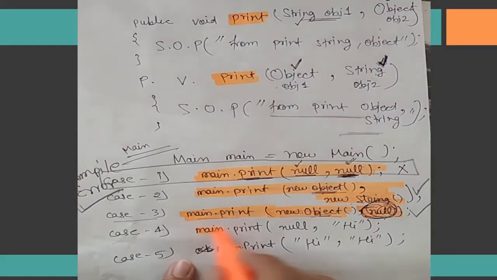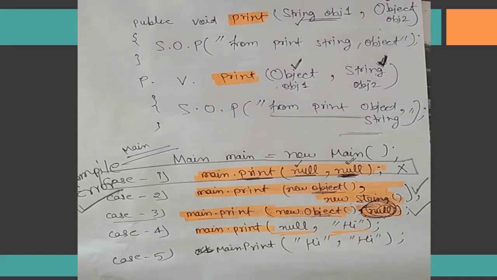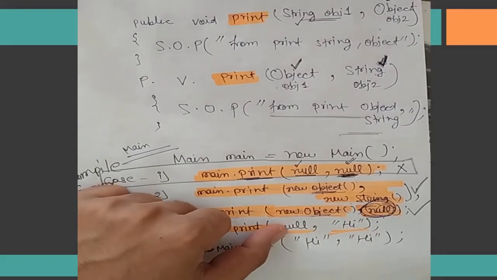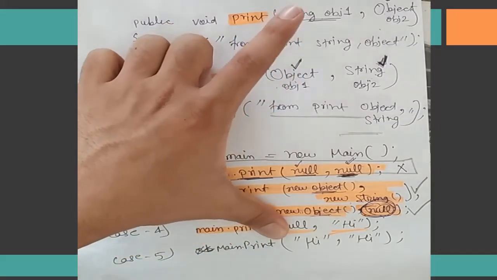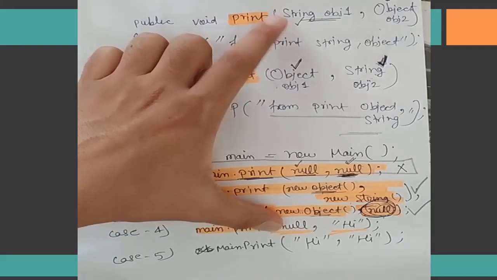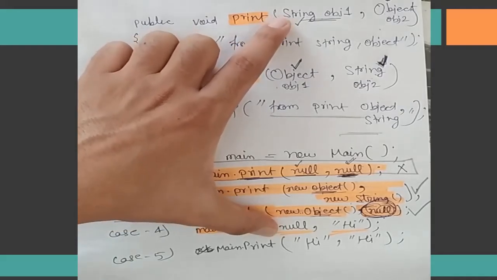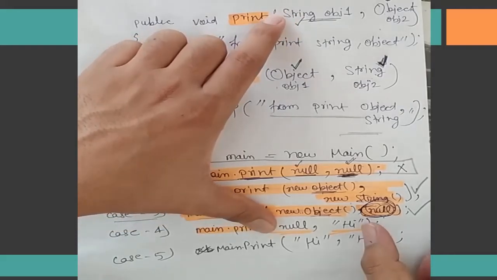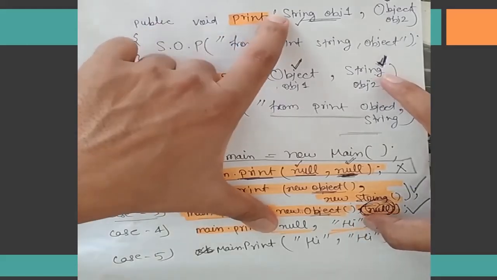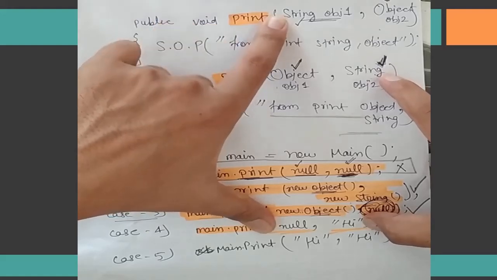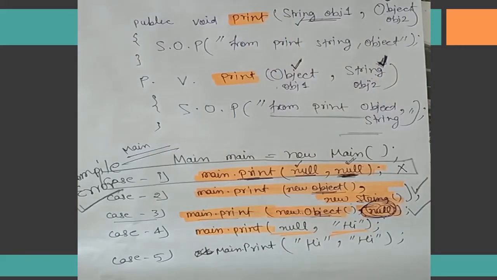Now let's talk about case 4, where I'm passing null and "hi". This null is acceptable by Object as well as String, and String is most specific as per the hierarchy. For this "hi", String is also the match as per hierarchy. We can see there is ambiguity between two methods. The first null points to the first method, the second argument points to the second method. The JVM will not be able to resolve this, therefore we would say compile error.